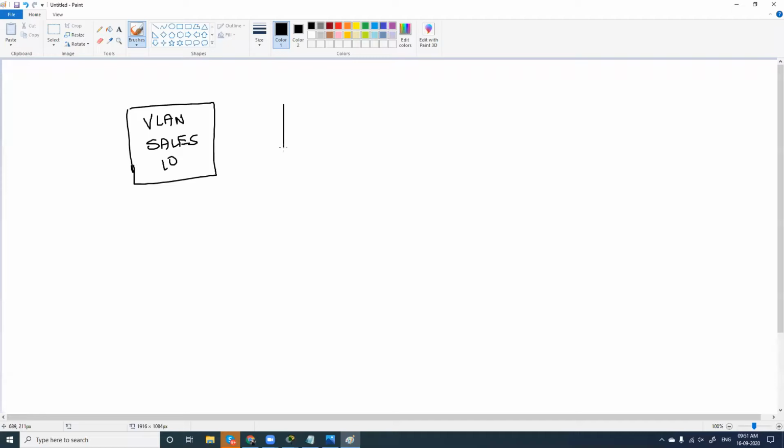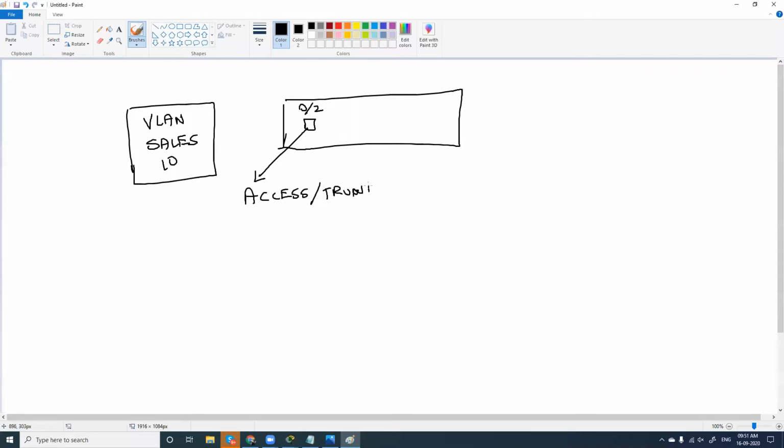After that, from a switch, I chose this port number 0/2. Fine. I chose this interface 0/2, and I have configured whether it is an access or a trunk port. Is it access or a trunk port? It's an access port. And what is the final step? Now I have a VLAN and I have an interface which is already configured. Now I have to link this interface with this VLAN, that is VLAN membership. That is the last step.